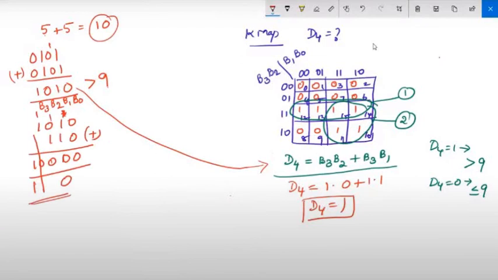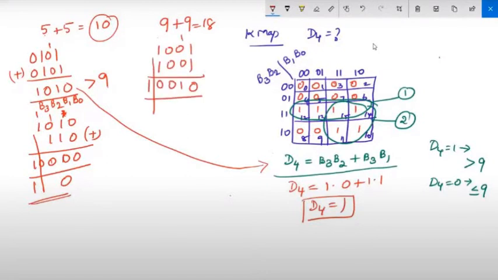Similarly, we have one more case, like if I am going to add 9 plus 9. Right? So what is 9 plus 9? It is equal to 18. So now what is the binary equivalent for 9? 1001. Similarly for the other 9, 1001. So add these two. We got the carry in the very first adder itself. Actually, we will be having two adders. One will add the actual input and the other one will add 6 with that, if necessary.